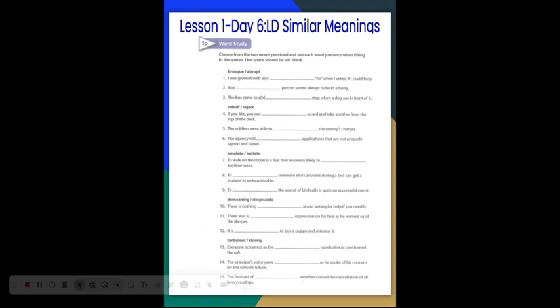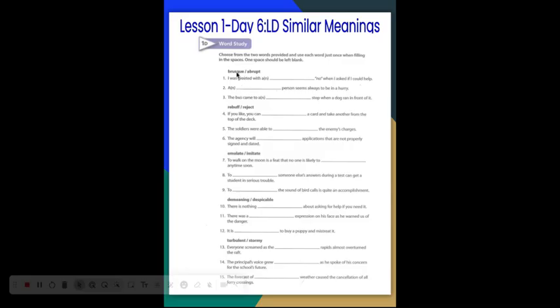Today we're going to be on lesson 1, day 6, and in our book it is lesson D. So if everyone would please open your books and turn to page number 7. We are going to get a pair of words, and then there will be a few sentences underneath, and